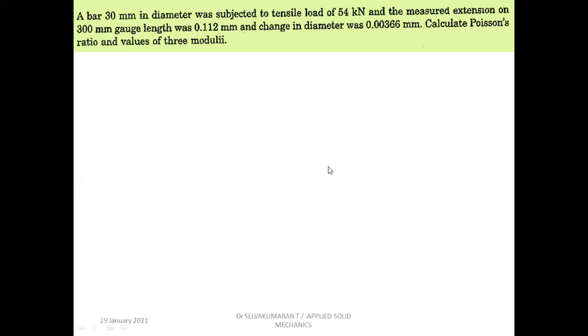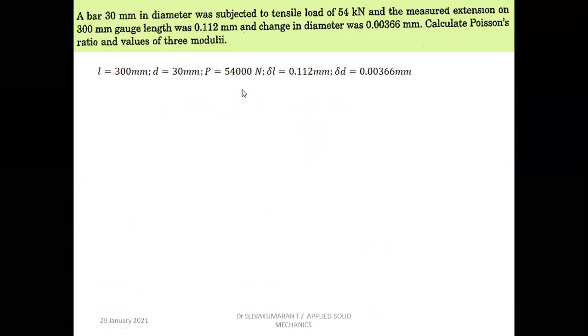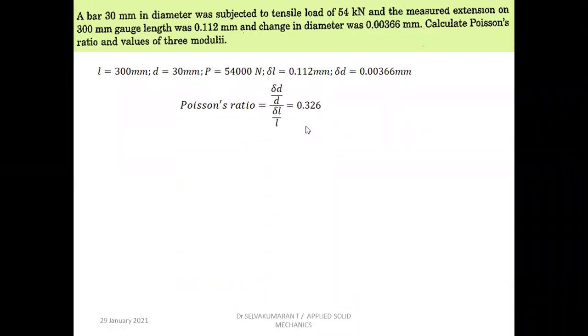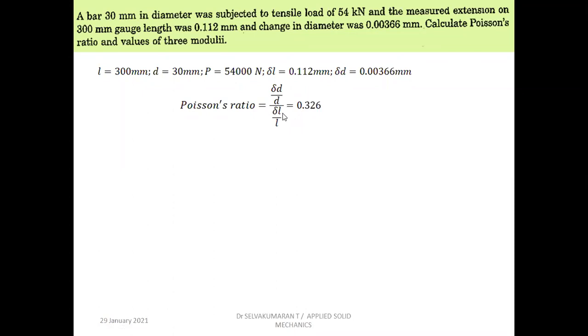So three moduli is nothing but Young's modulus, bulk modulus, shear modulus. E, C, K we have to find. Okay, so these are the given data. So Poisson's ratio is equal to lateral strain divided by linear strain. Delta D, delta L, L and D are given in the problem. So you can find Poisson's ratio